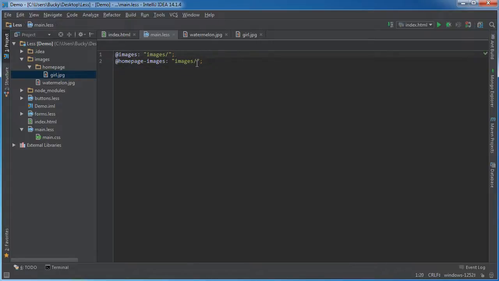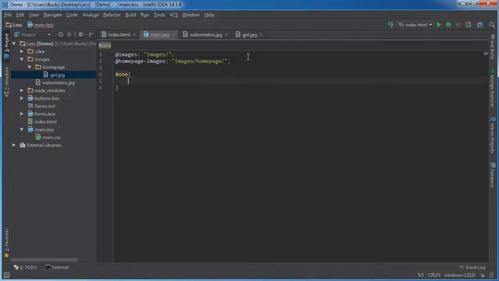So these would be in the images directory and also homepage. So we were working with two different directories, this images directory and the homepage directory inside that for images for your homepage. And instead of having to write all of these every single time,